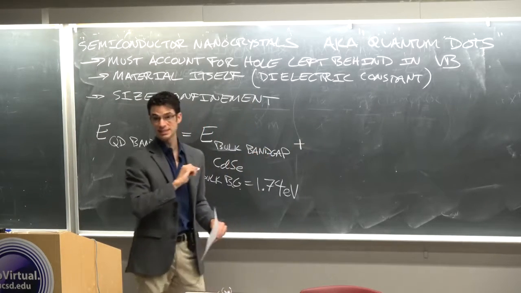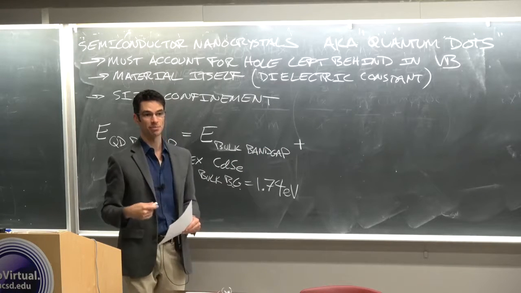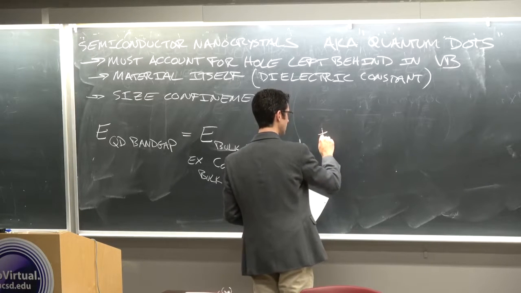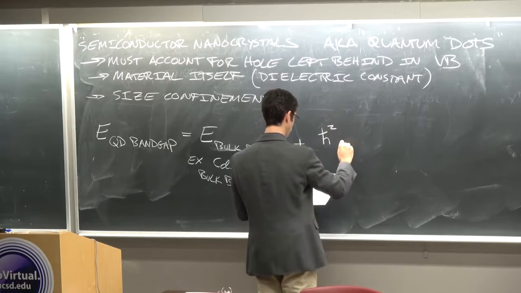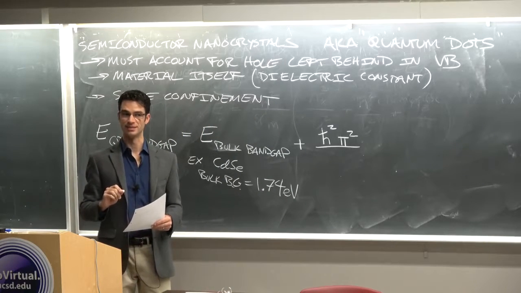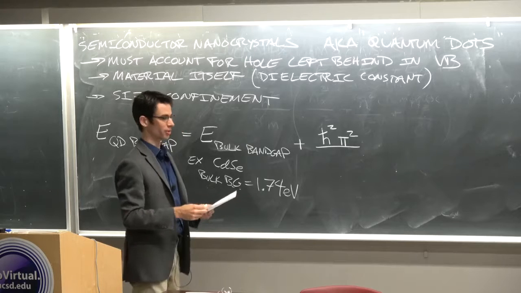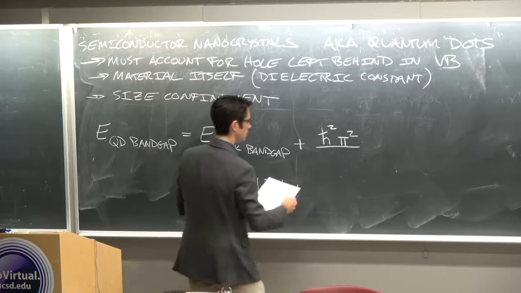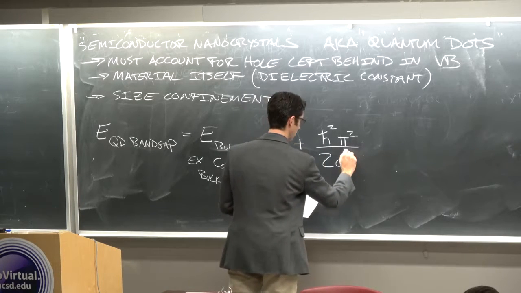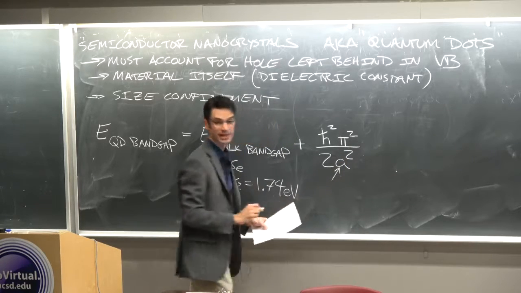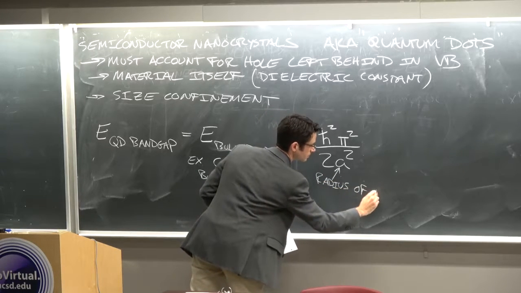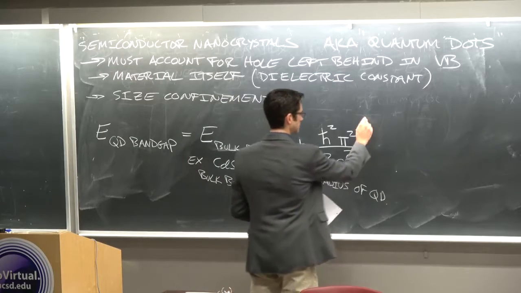The band gap increases by an amount that is dictated by the particle in a box. And I'm not going to derive this. I'll just show it to you and sort of show you where it comes from. But you will almost certainly derive it in 204, or 104. So you have h bar squared pi squared over 2a squared, where a is the radius of the quantum dot, times the